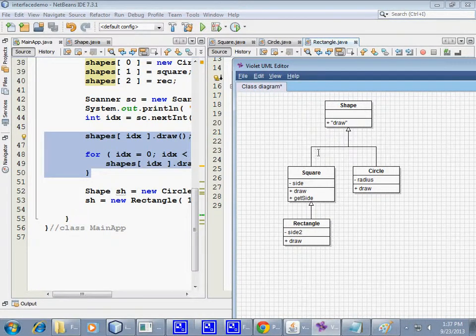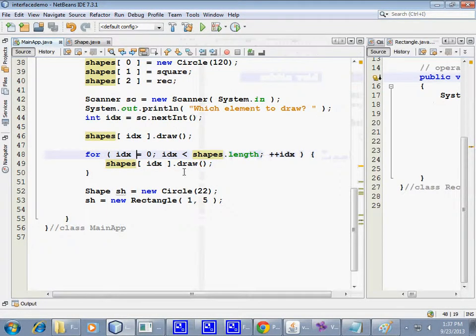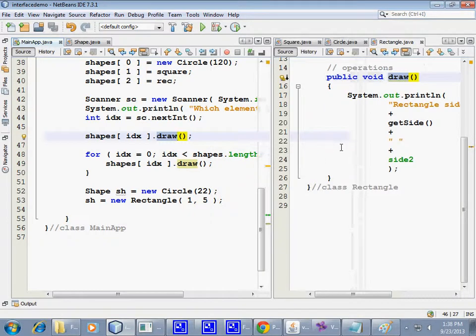If this didn't exist, frankly, I don't know what the alternative to draw would be. If polymorphism didn't exist, it would be some crazy code, maybe one single implementation of draw, which every time it's called would have to check what kind of object this is, and do some messy things such as: do I have a radius, do I have a side, do I have two sides for the rectangle, all in one place.